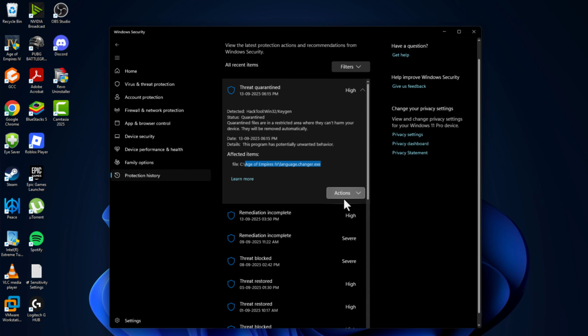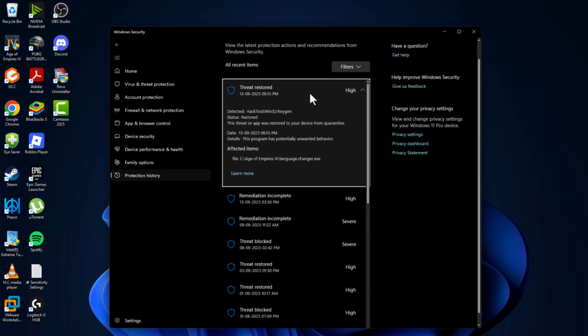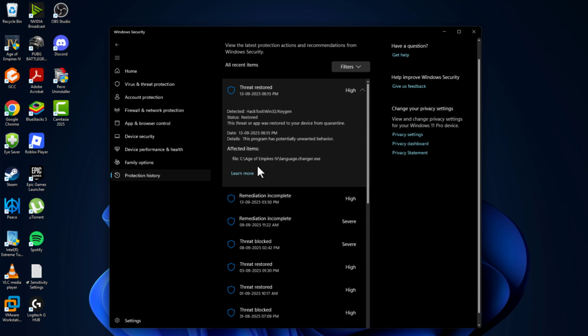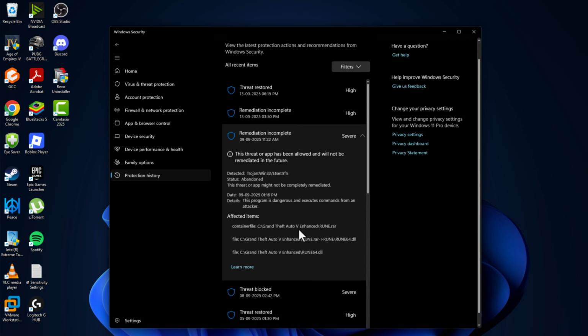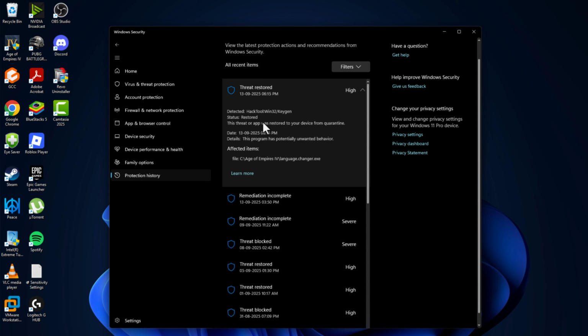Select the action option and select restore, and select the yes option to restore the game file. The same thing for down here. You just need to click on one by one and restore the files. Make sure you restored all the files related to the game and then